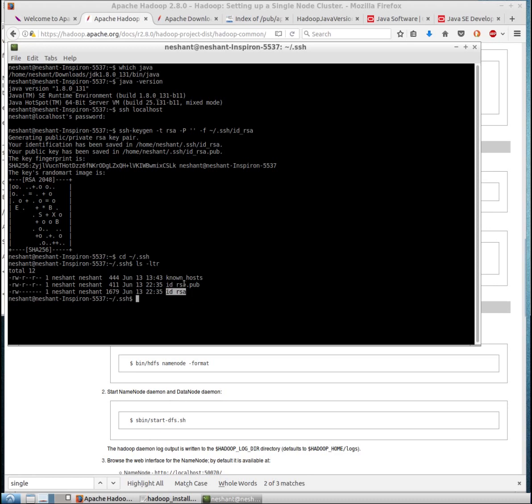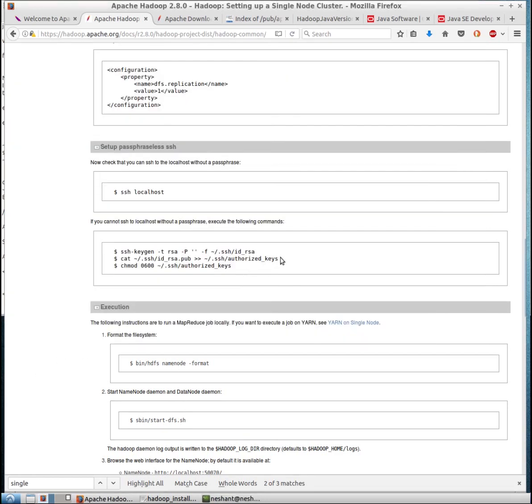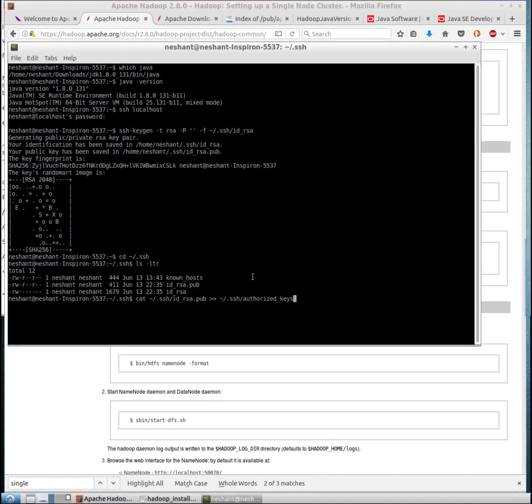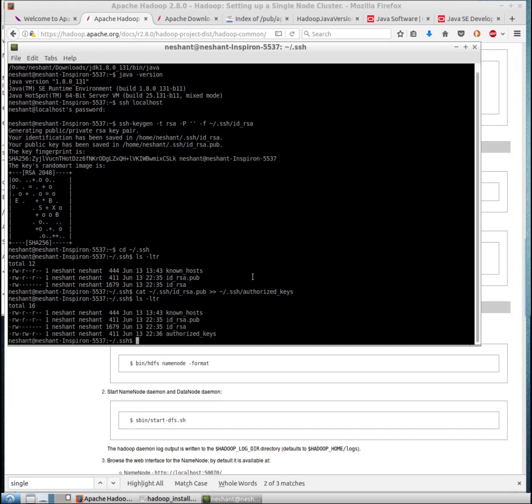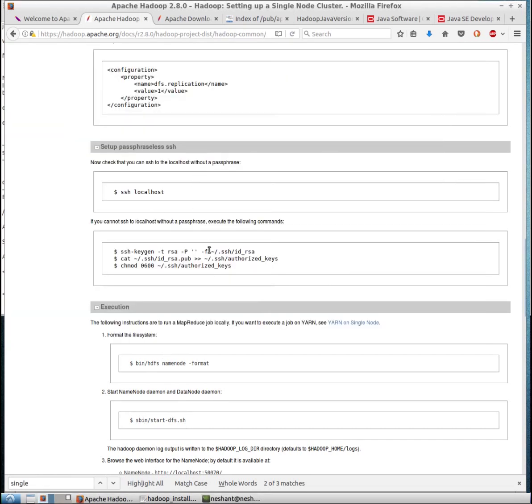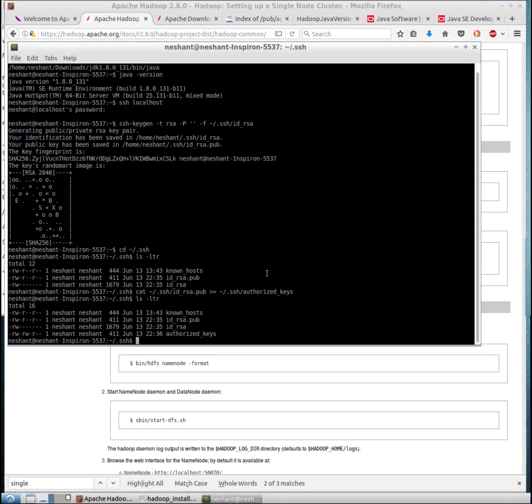Now we'll be copying the public key into the authorized keys file. Let's go ahead and do it. This will basically give the identity that these are the keys which are authorized to log in without a password. Now we need to set the right permission for the authorized keys, which is 600, that is read and write permission for the user.